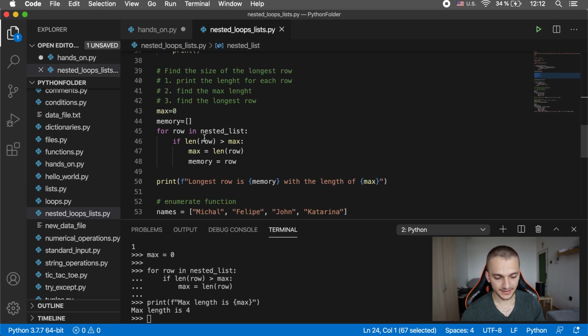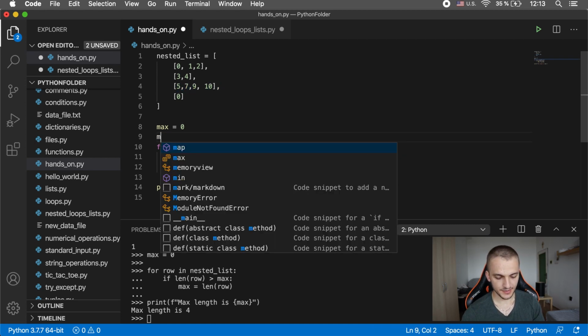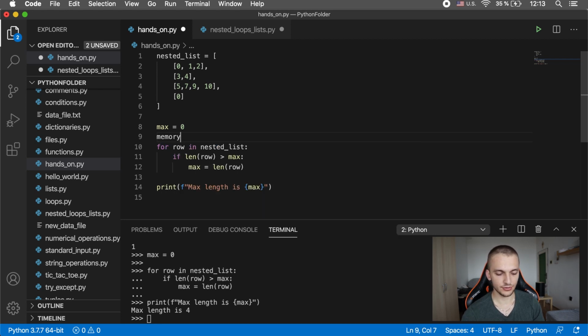problems. Now, but the task was to find the size of the longest row and print the row, right? So now we not only want to know the size, but we also want to know the content of the longest row. So how to do it? We can create a variable called memory where we will store the intermediate max row. So first set it to an empty array, because we know in this variable we will store the arrays, so the